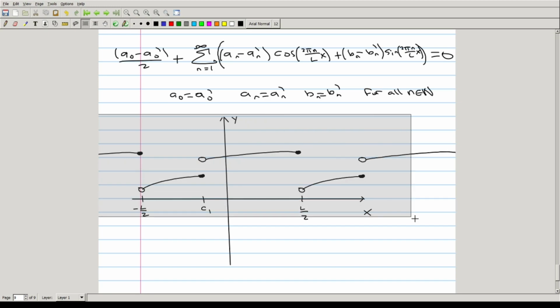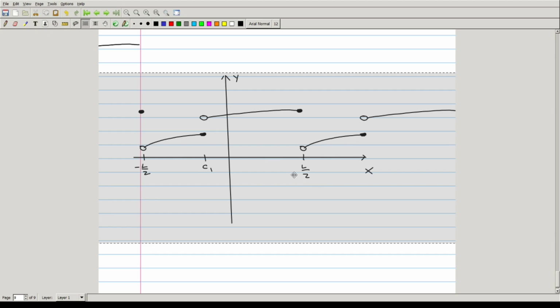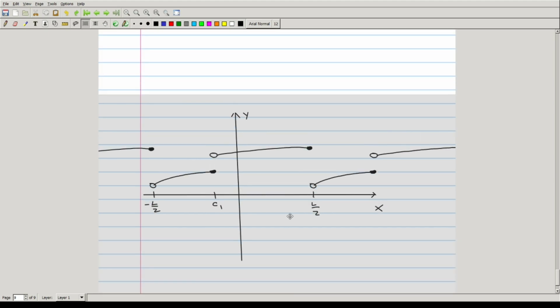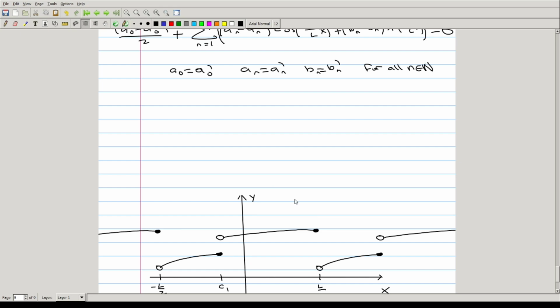And a good question to ask is, well, what does the Fourier series converge to at the boundary points of this function? So this is what we're going to answer in the next couple of pages. That's the main thing here. So certainly the Fourier series